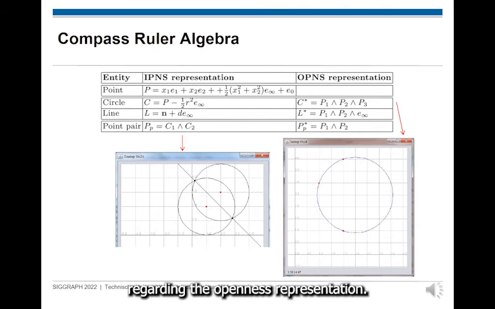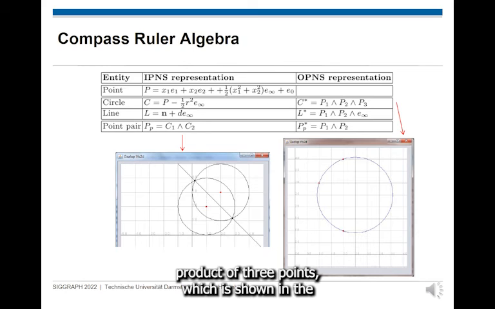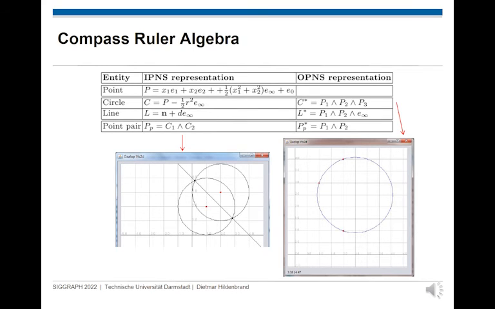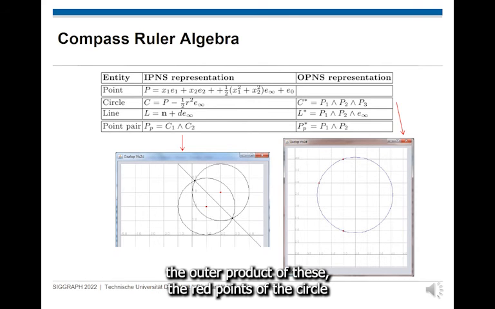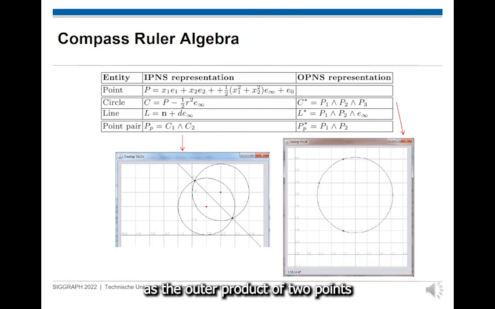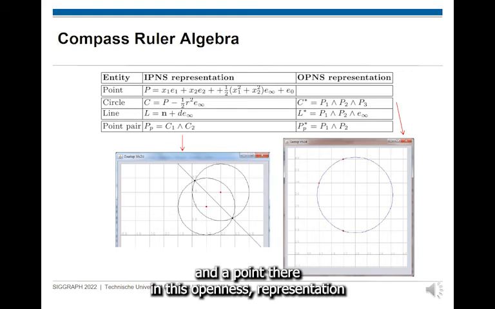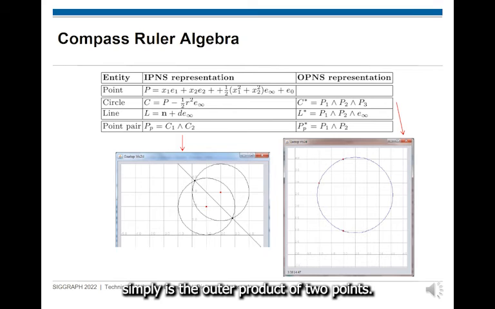Regarding the OPNS representation, the circle can be represented based on the outer product of 3 points, which is shown in the right picture. We have these red points, and the outer product of these red points is the circle going through these points. A line, in principle, is the same. It is the outer product of 2 points with a point at infinity,